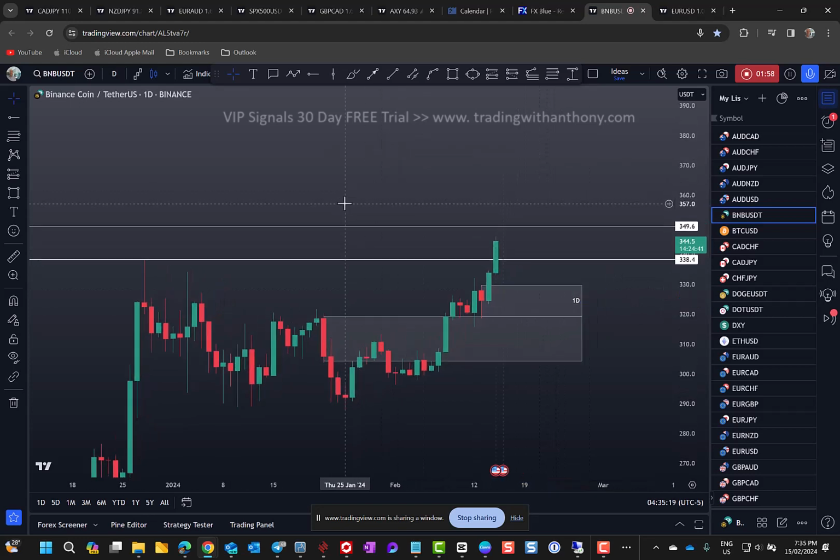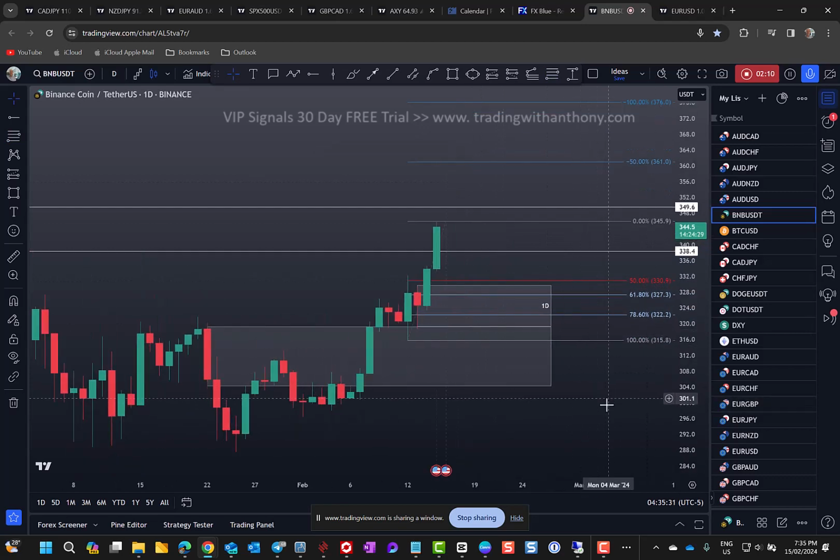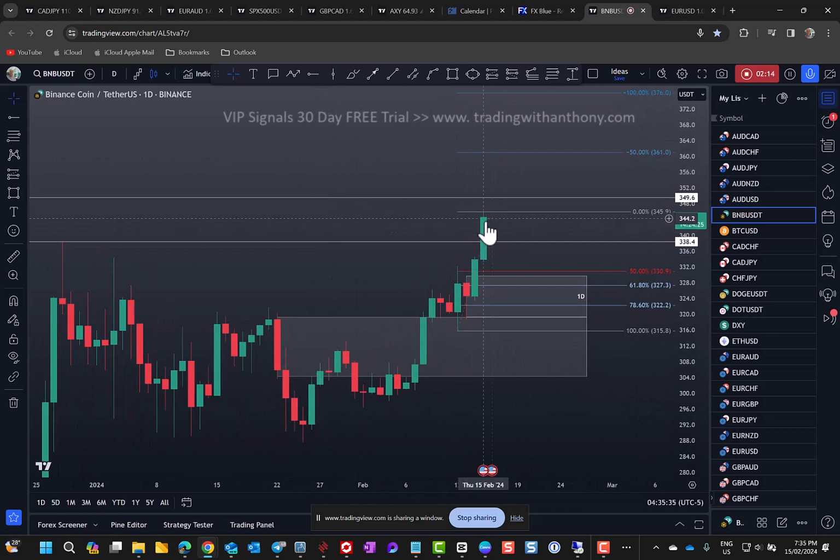What I'm thinking is, if we see it retrace, now I'm going to pick the Fibonacci from this low to high, and I mean, I'm long, definitely my bias is bullish. However, you don't want to be buying at this level. So the opportunity will be if it trades back down into,